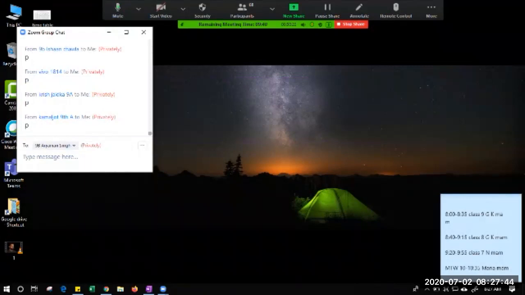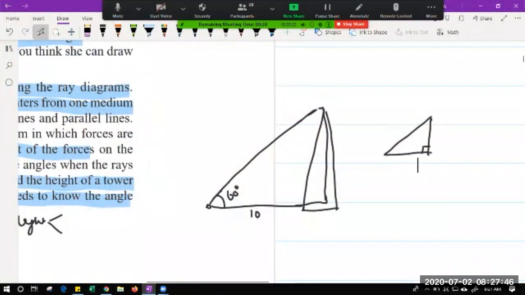Don't worry. Let's see. So in the height of Qutub Minar, you have found this thing, suppose 10, this thing has 60-degree. Now you can easily find this using trigonometry. What is trigonometry? You will study about trigonometry in class 10th. They are simple ratios like sine theta, cos theta, tan theta. They will help us to find this.